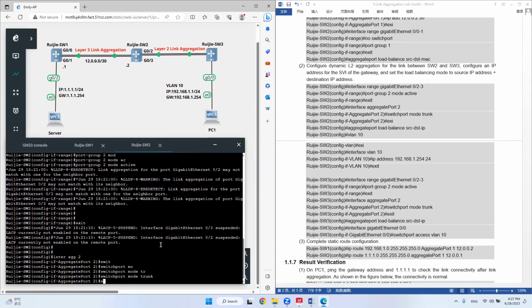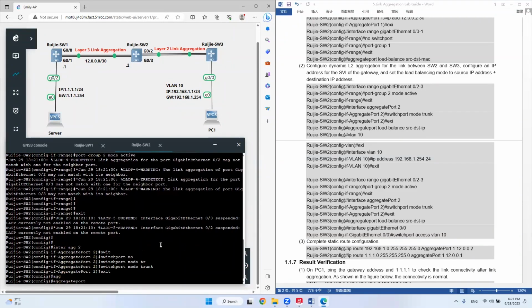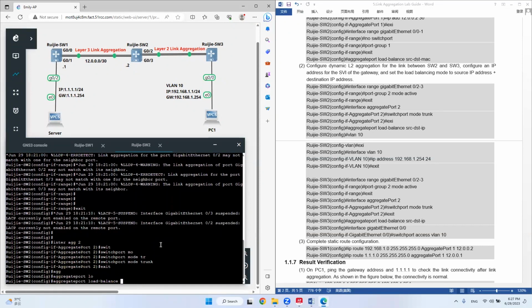Okay, and exit. And set the load balance to become source and destination